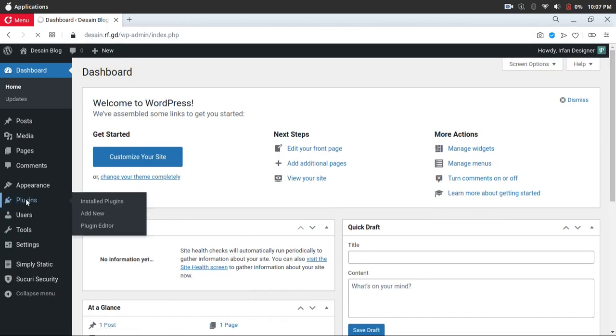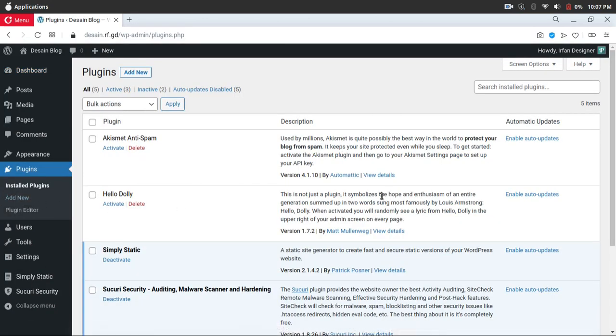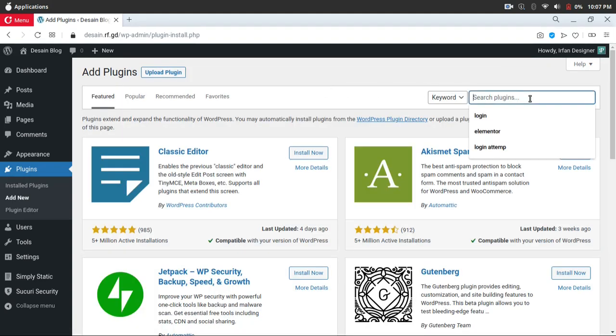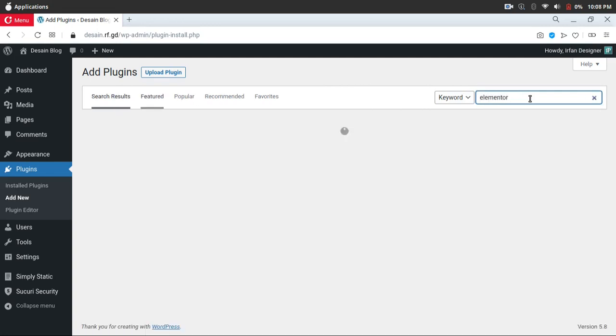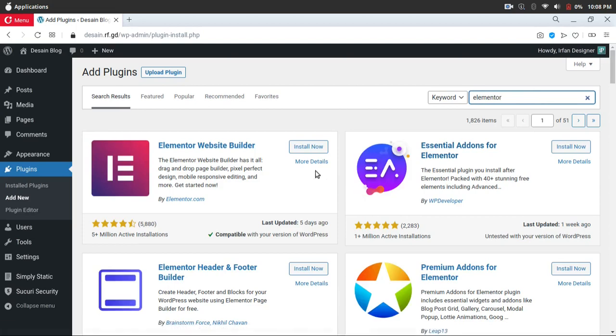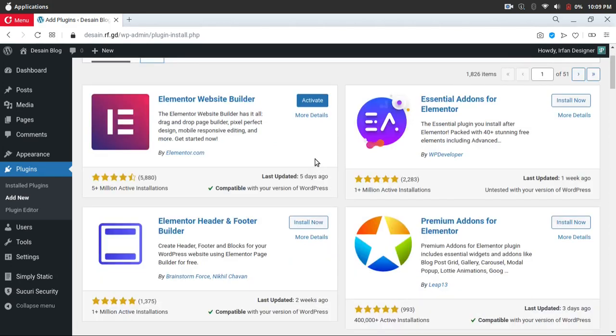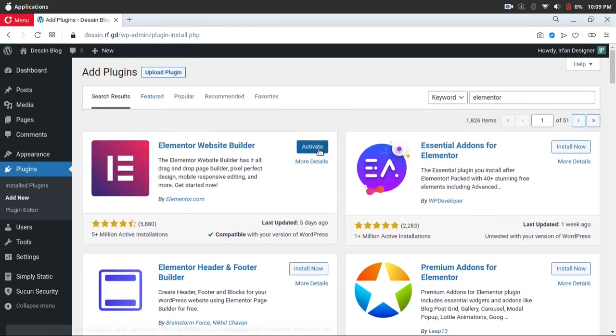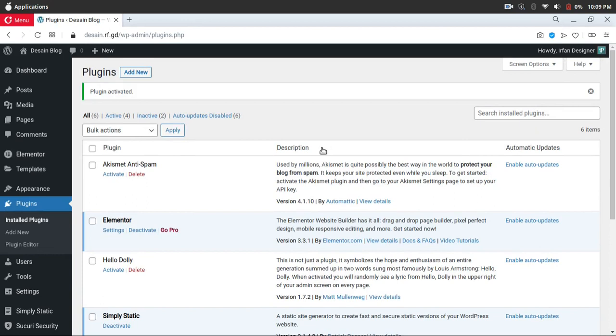Click plugins and then click add new. Search plugin, we type Elementor. Click install now for Elementor website builder. Okay, click activate and then